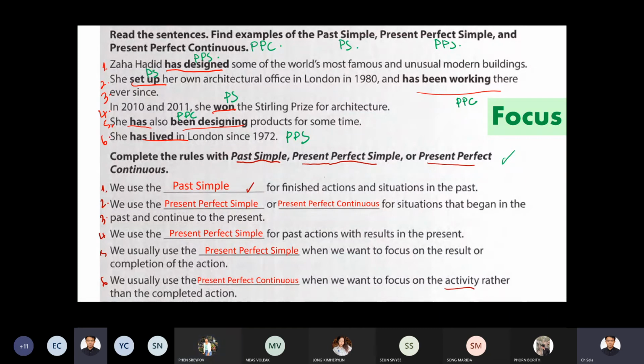Now, let me draw a timeline for past simple like this. This is now and this one past, for example, in the past. So you know when it happened, right? You know the specific time. See, finished action in the past, finished, and there is no continuation after that. But for present perfect simple and present perfect continuous, it began in the past but continues up to the present. So you can draw like this, but you don't know exact time when it is, all right? And it still